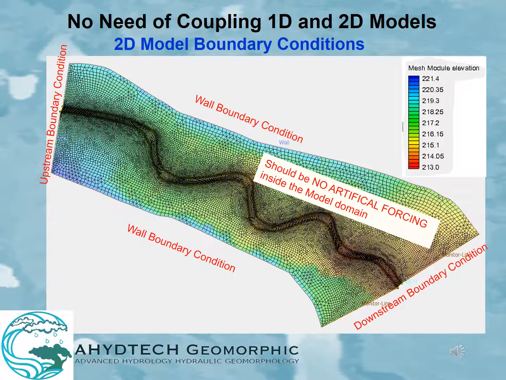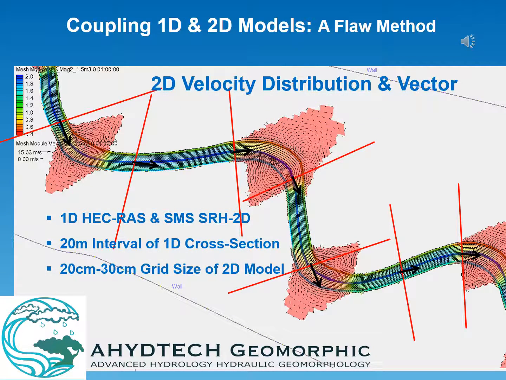An expert hydraulic modeler knows that there are two types of boundary conditions. One is open boundary, the second is closed boundary. Open boundaries are upstream and downstream boundary conditions, and closed boundaries are side walls. There shouldn't be any artificial forcing inside the model. If you are coupling a 1D main channel with a 2D floodplain, that is artificial forcing inside the model. In the next few slides, I would like to show that coupling between 1D and 2D models is a flawed